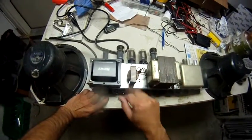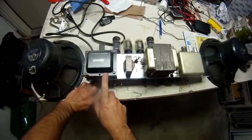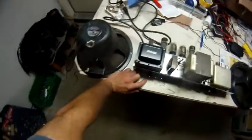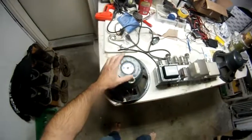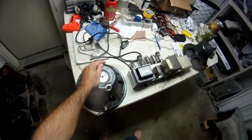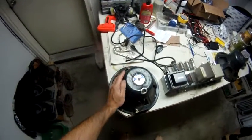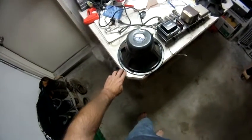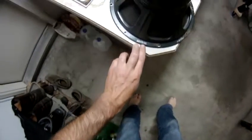Here's the back of the amp now, ready to go with the new Mercury Magnetics transformer. Under the doghouse, we got our caps. These are the original speakers here that I pulled out of the amp. They sound okay. The amp makes a lot of power. It's very loud. But these speakers are original P12Ns, dated 46th week of